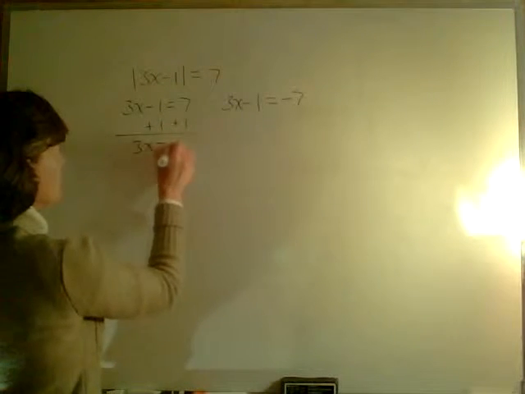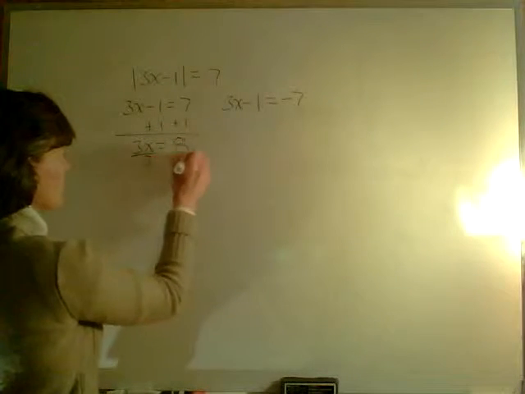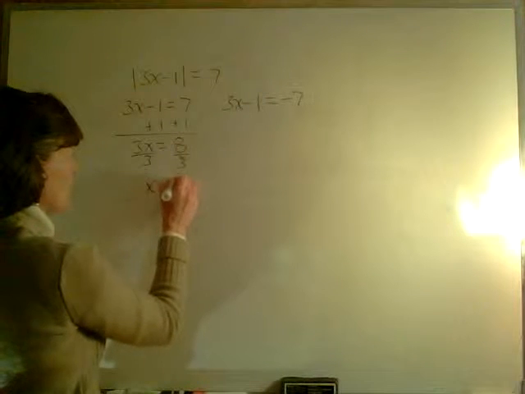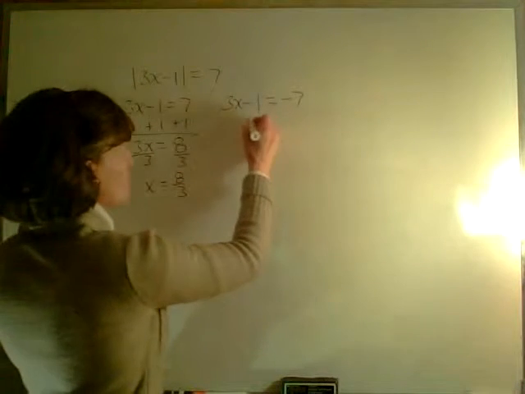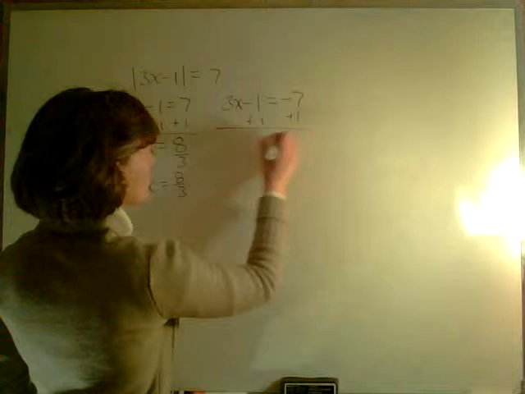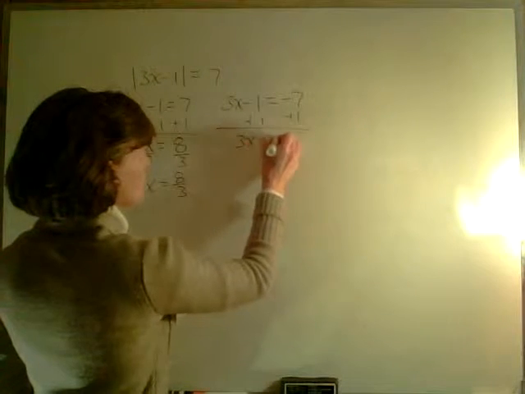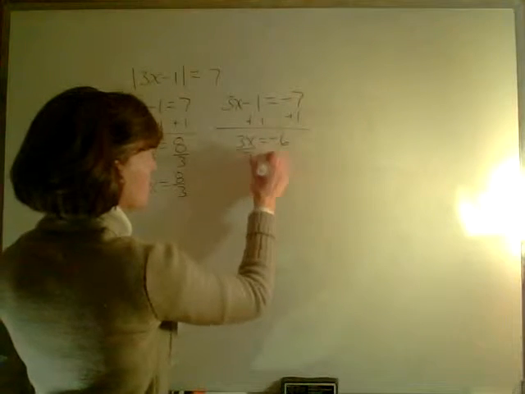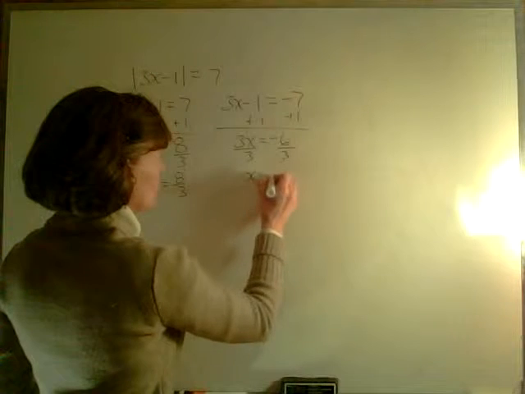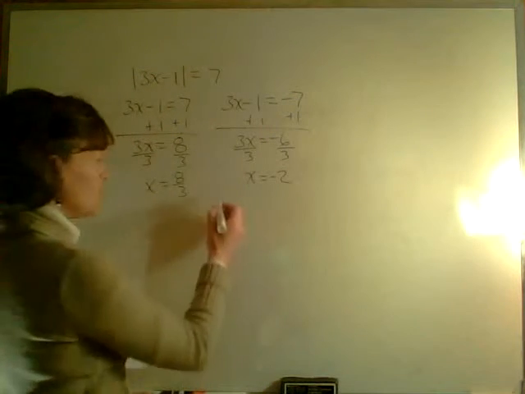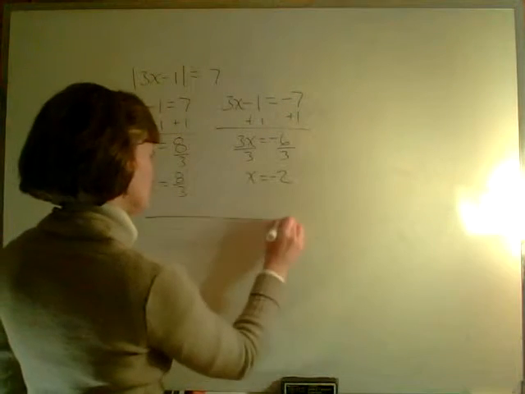I get 3x equals 8. Divide both sides by 3. X equals 8/3. When I solve this one, I get 3x equals negative 6. X equals negative 2. So I get two answers,